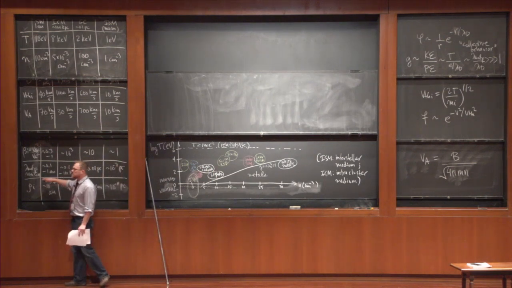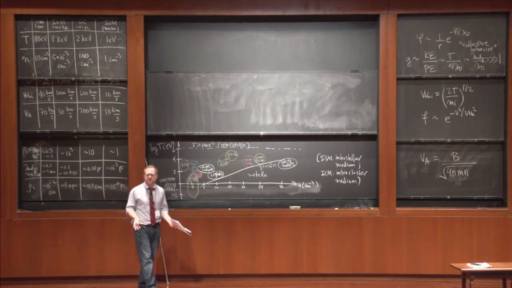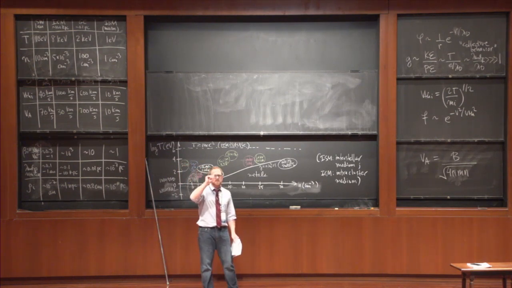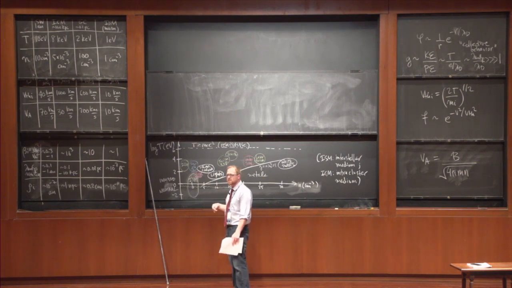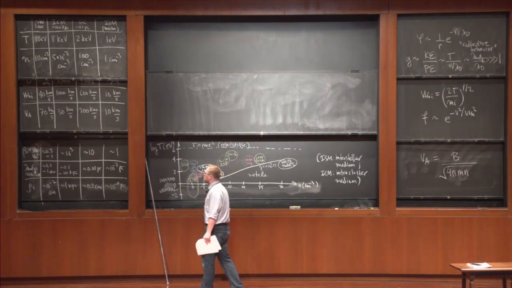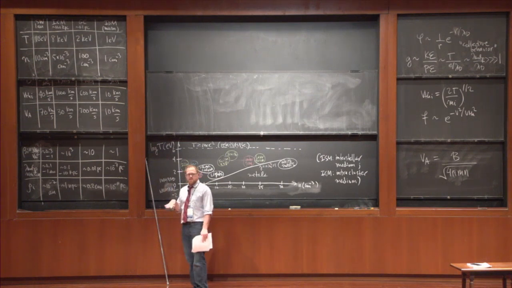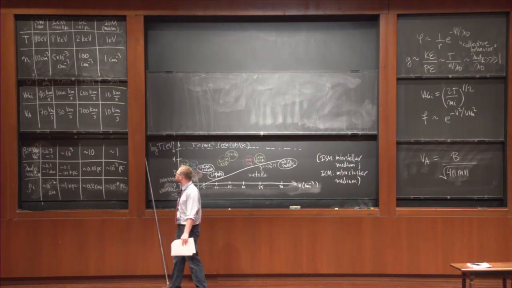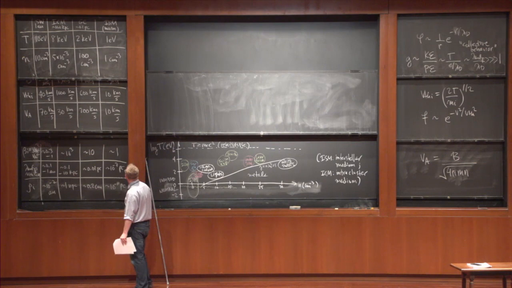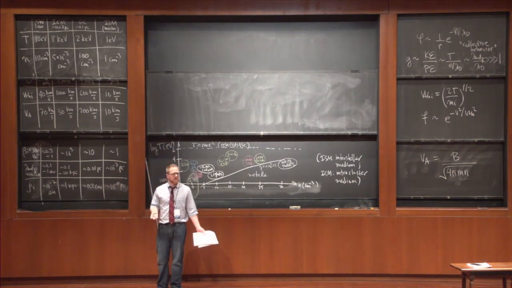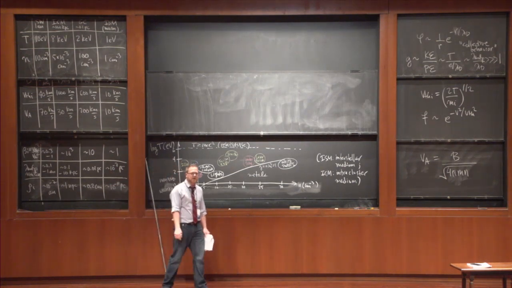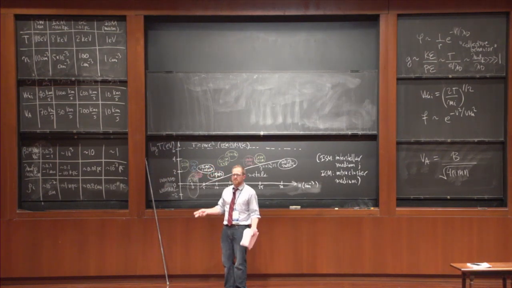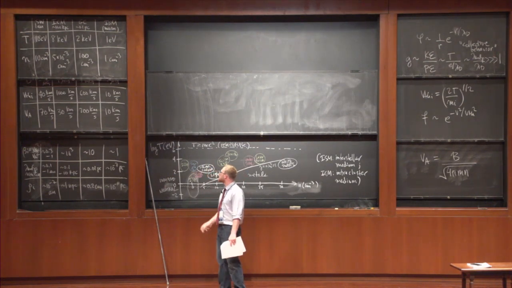So the mean free path in the solar wind is roughly an AU. So by the time a particle leaves the solar corona and sweeps past the Earth, it's interacted with another particle statistically once. So this is sort of borderline fluid. But if you look at another system, like the interstellar medium, characteristic scales in the interstellar medium are measured in parsecs or tens of parsecs, and the mean free path is 10 to the minus 7 of a parsec. So this is an extremely good fluid in that collisional sense.